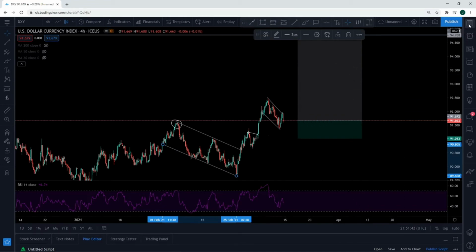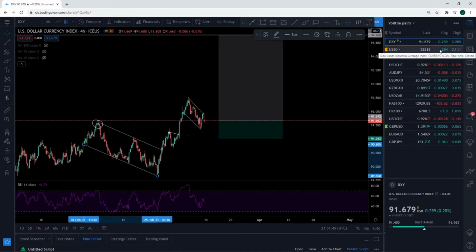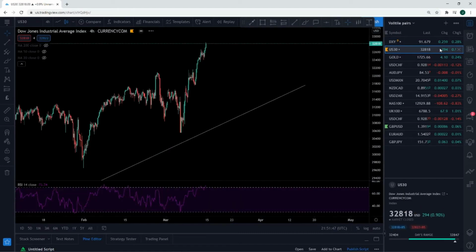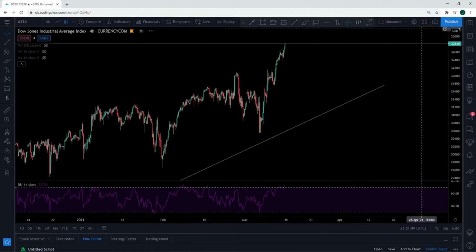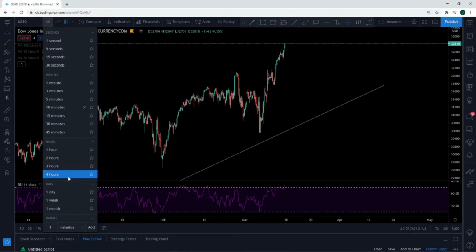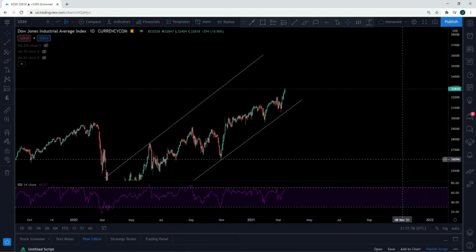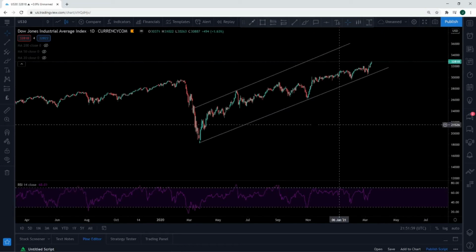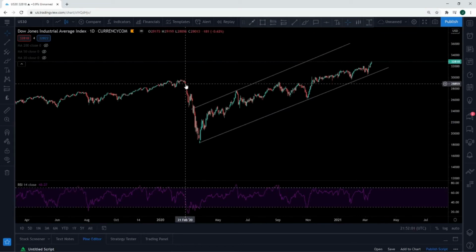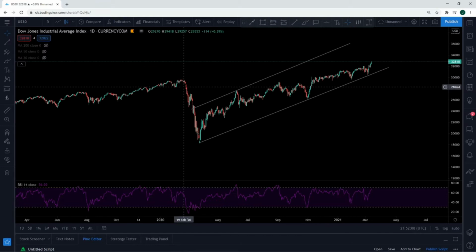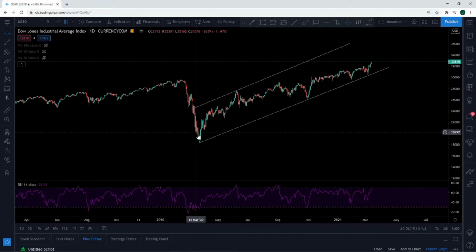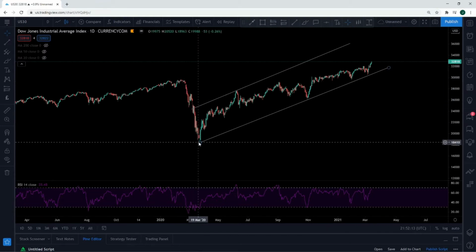So I'm going to move to a different pair now, which is the US 30. We all know that the US 30 has been bullish for months. I think it was since last year March, yeah, should be it. So let me just show you guys. We also know we had this big hit there on the US 30 due to COVID. If you look, guys, you will see we had this massive sell-off there, that was in COVID, and then price started, we see the Dow Jones start trading to the upside,